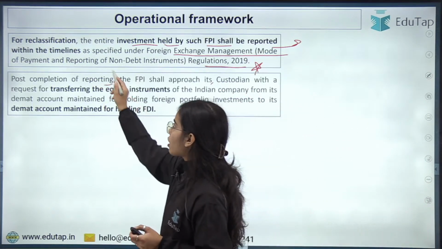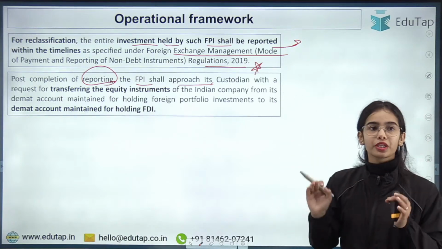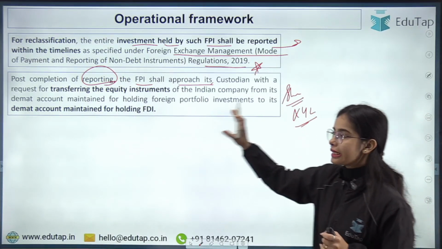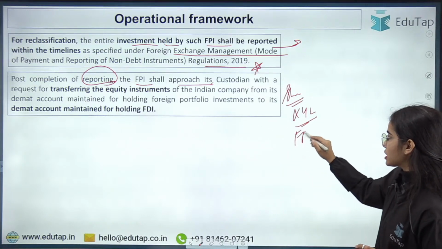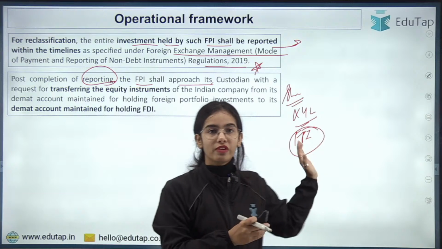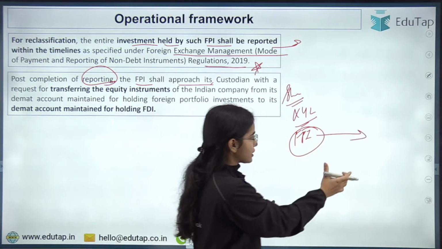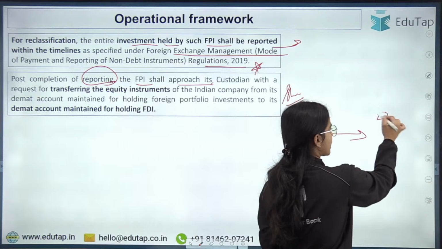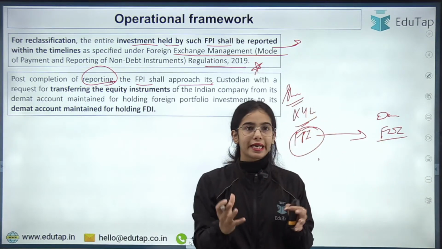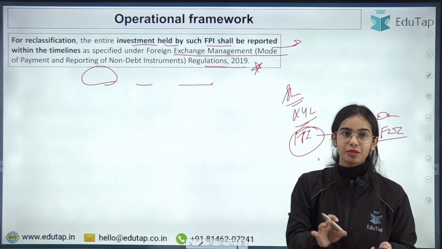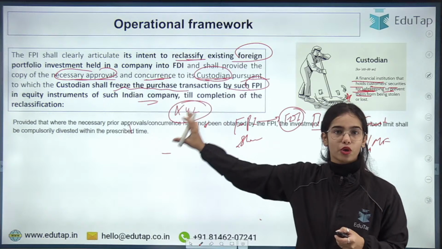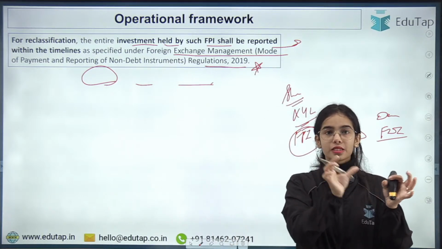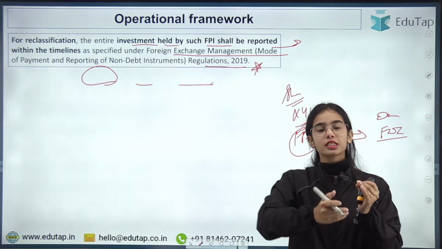Post completion of reporting, the FPI shall approach its custodian with a request for transferring the shares, the equity instrument of the XYZ company, from its demat account that is for the foreign portfolio investment. So the foreign portfolio investor will ask its custodian to send the shares of XYZ from its portfolio account to the demat account of the foreign direct investment, okay. So this is the idea: once the approvals have been taken, the freeze of the securities will happen, and after the securities are freezed, then the reporting will happen that, okay, this much is the total freezed amount of the shares of this